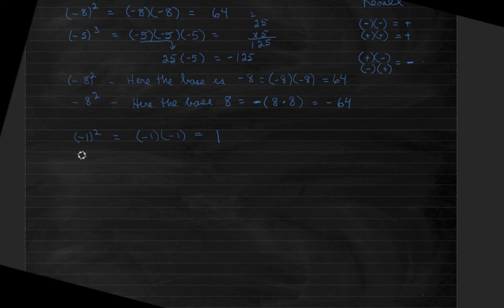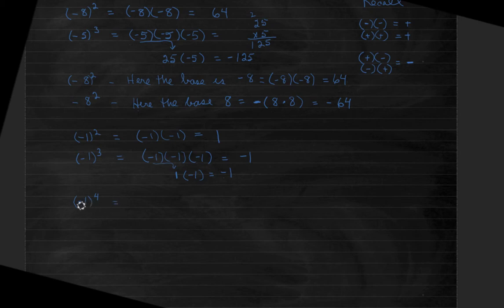But if I take a negative 1 and I raise it to the third power, then I'm multiplying 3 negative 1s, which will give me not a positive 1, but a negative 1. The first 2 negative 1s give me a positive 1. But that positive 1 is then being multiplied with a third negative 1, and that's going to make it a negative 1. So the value of negative 1 raised to the third power becomes a negative 1. Now let's look at negative 1 raised to the fourth power.